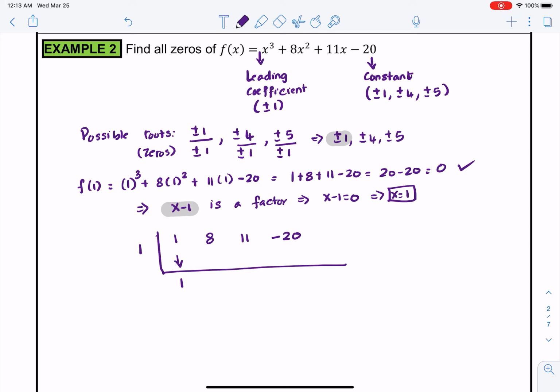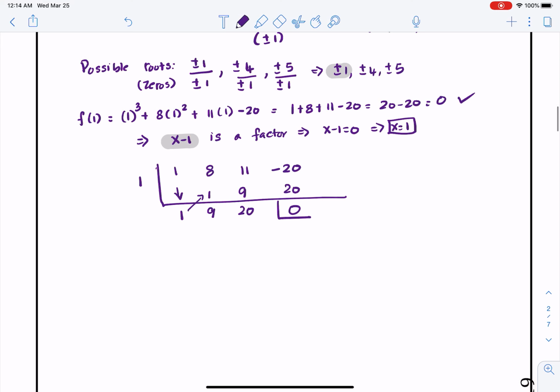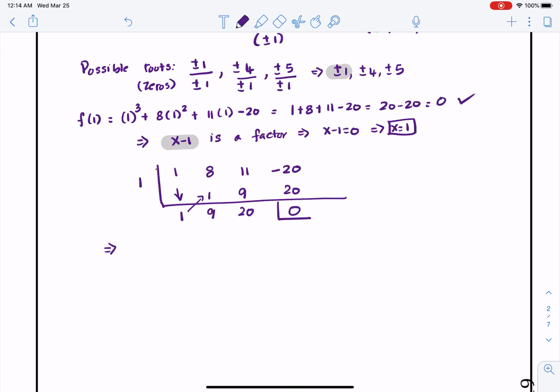So we bring 1 down. 1 times 1 is 1. We add: 1 times 9 is 9. And then 1 times 20 is 20, which would give us 0 when we add. This would imply that we are left with x squared plus 9x plus 20, and this is a quadratic equation